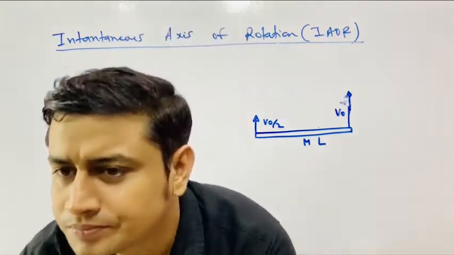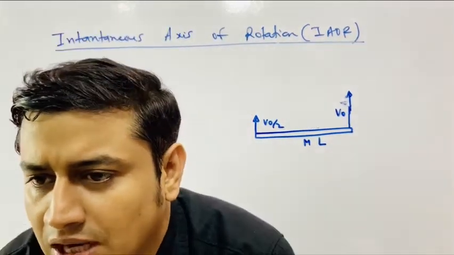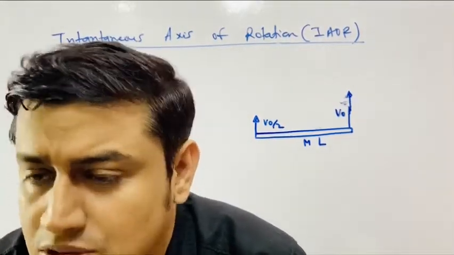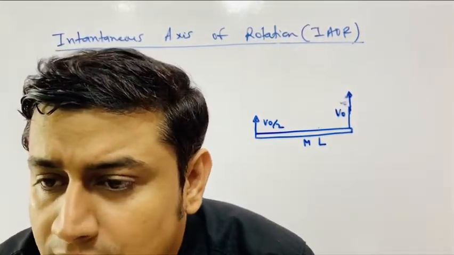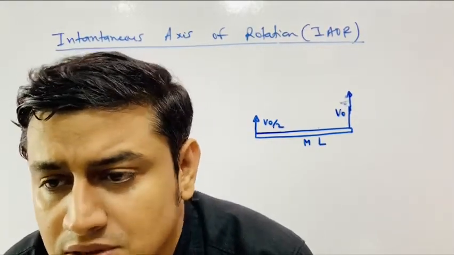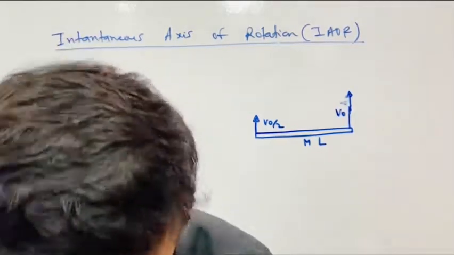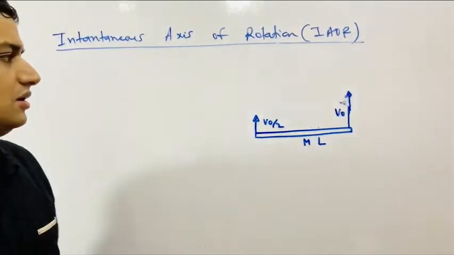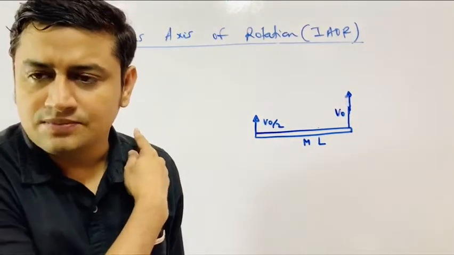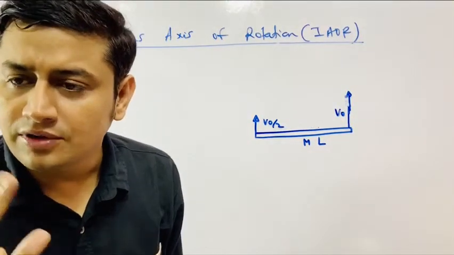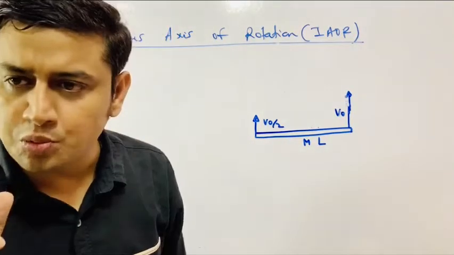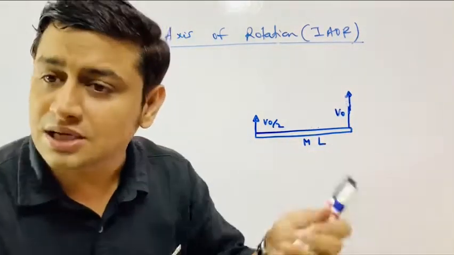Question is, what is the angular velocity of the rod? What is the kinetic energy of this rod? Where is the instantaneous axis of rotation? What is the speed of the center of mass? Anything. So first of all, this rod falls in your first case, where you know any two parallel velocities, this and this. There are 2 points whose velocities are known and they are parallel.